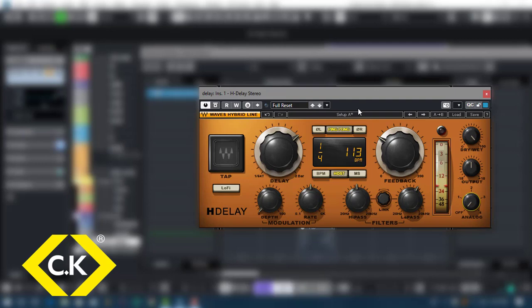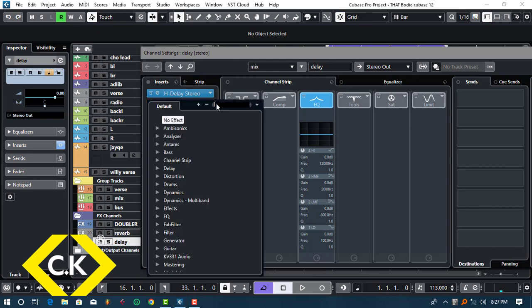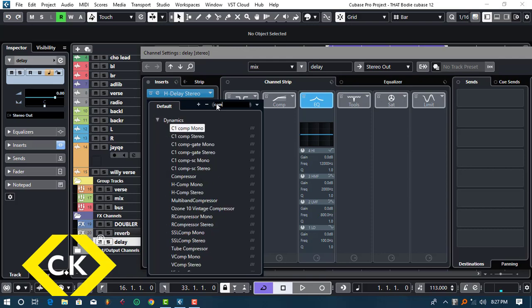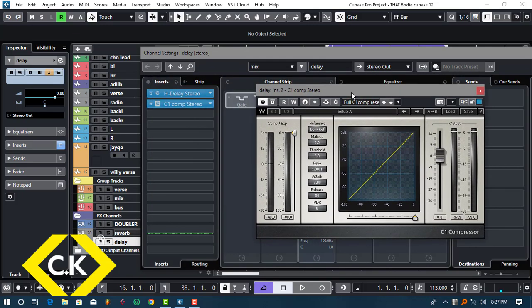Okay, so I don't know about you, but I like the way the delay sounds now. But one bad thing about it is that it sounds too much. It's too much in the face. It's fighting too much with the leading vocal. So we want the delays to be behind. And how we're going to do that is by introducing the compressor again. So we're just going to get the C1 compressor by Waves